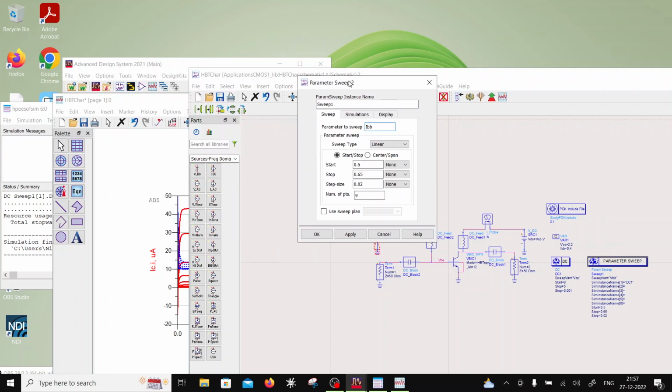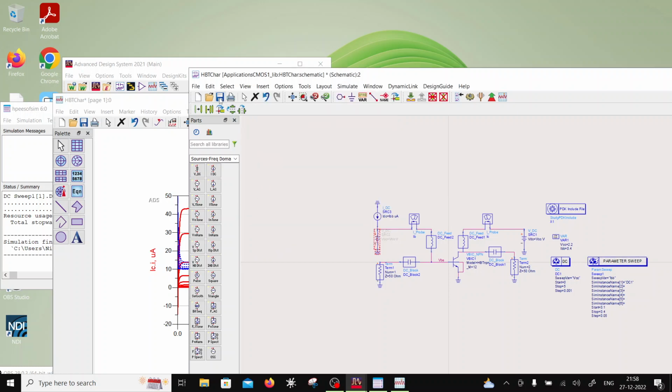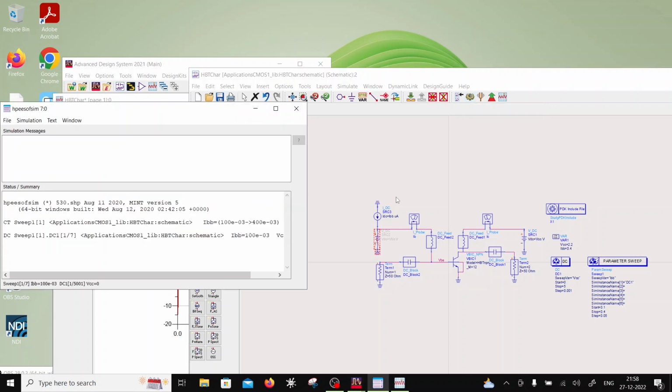And the value I'm going to go from is going to be 0.1 to, let's say, 0.4, right? And this one I'm going to say 0.5. Okay, so 7 curves are there, and say okay. So I have changed the data set now, and I'm going to sweep IBB, so I'm biasing it with the current rather than with the voltage. Now if I was to simulate, I think we are ready for simulation, right? So if I was to simulate this